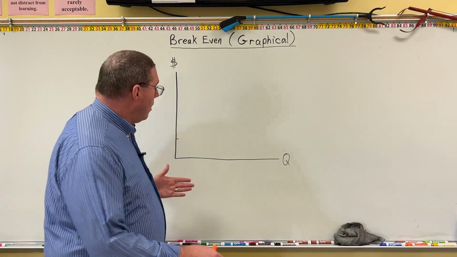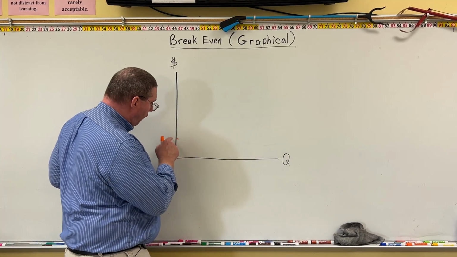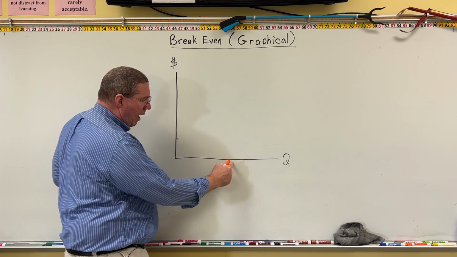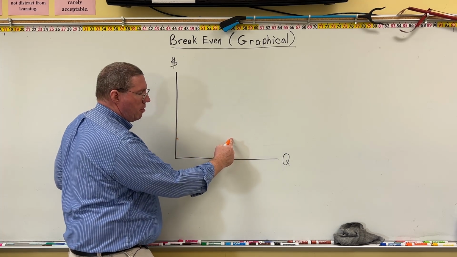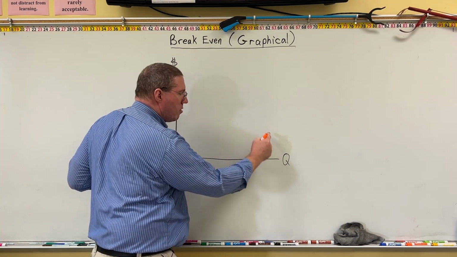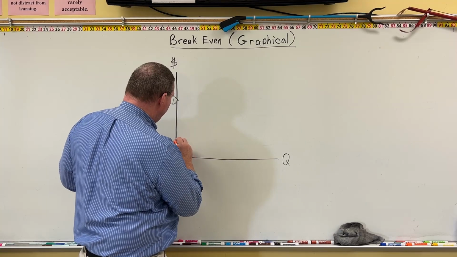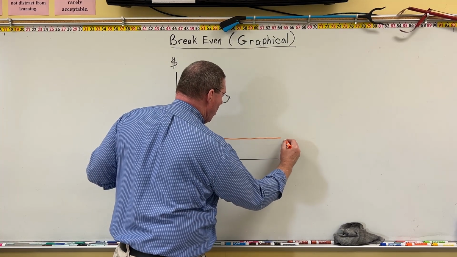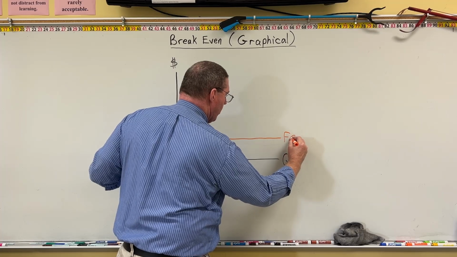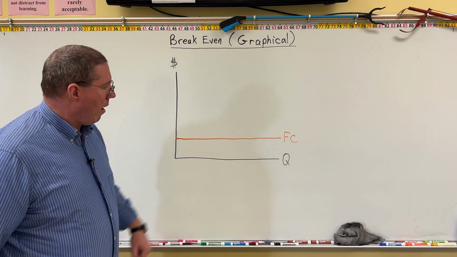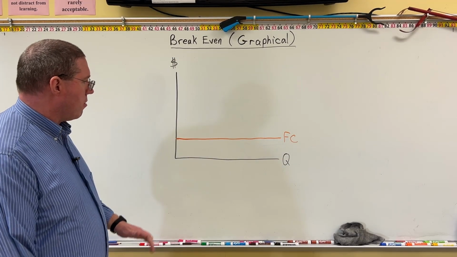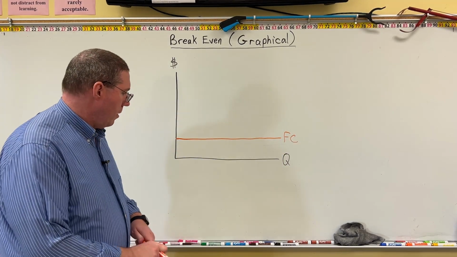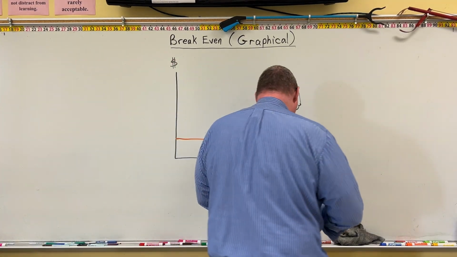And something that does not change, so if fixed cost is here, let's say that this is $100,000, then at a higher quantity, it's still going to be $100,000. And at a higher quantity, it's still going to be $100,000. And therefore, fixed cost is basically going to be a horizontal line. We're going to put FC over here. So this is a graph of fixed costs. It is a constant function, okay? Okay, so now let's do